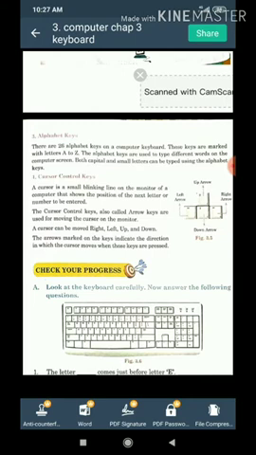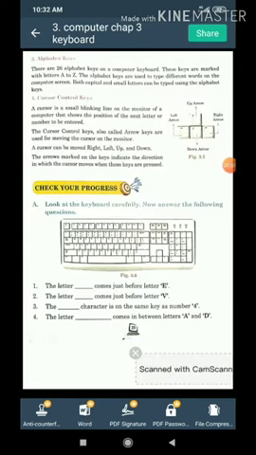Just how we write in a book with a pen or pencil, similarly on the keyboard we write with the alphabet keys. We can write in both capital and small letters. If we press the caps lock, then we will be able to write in capital letters, and if we turn off the caps lock, we stop writing in caps. And then there are other options as well, in which we can write in different kinds of formats and handwritings, but everything we can do with the help of these 26 alphabet keys.